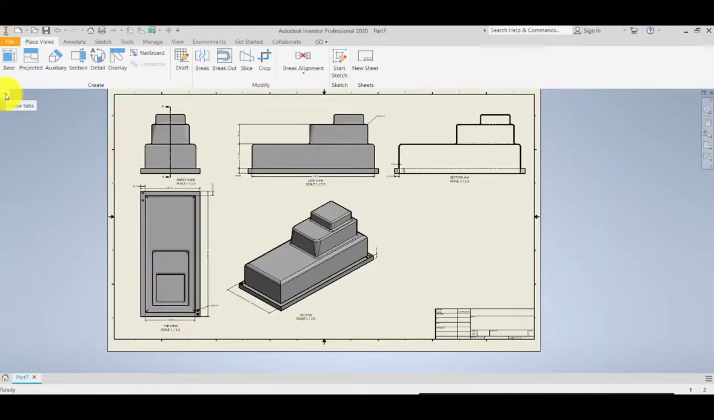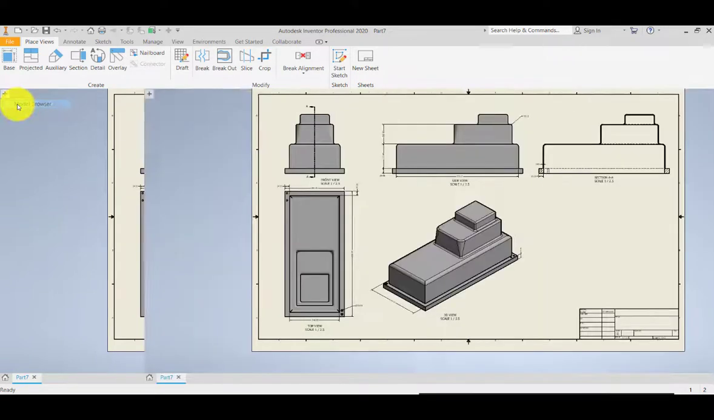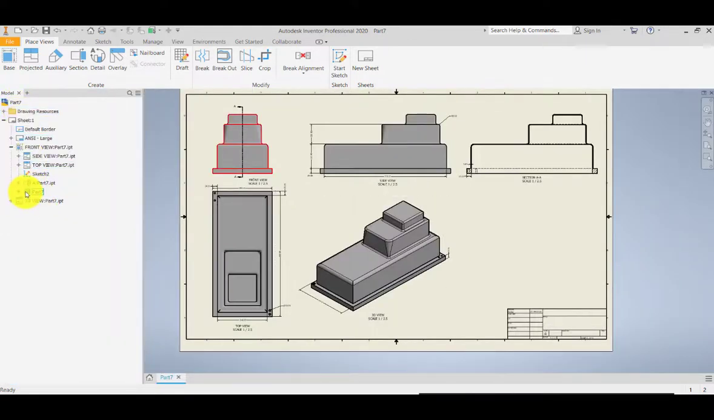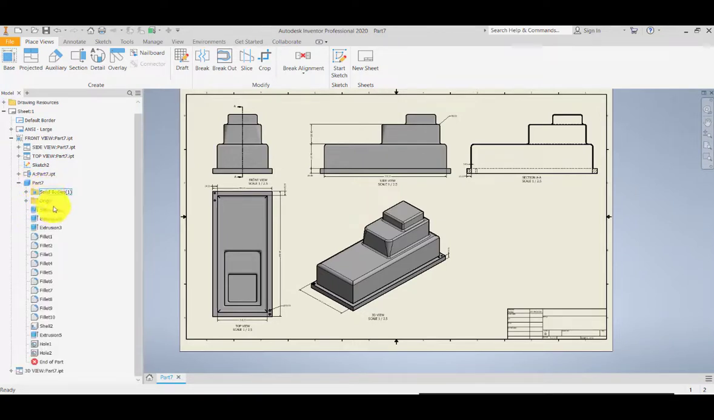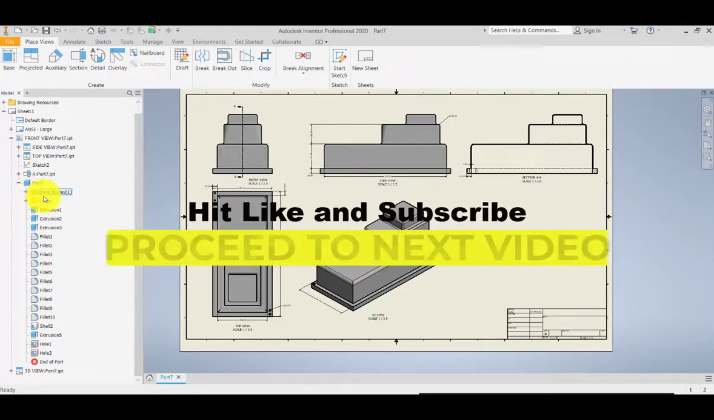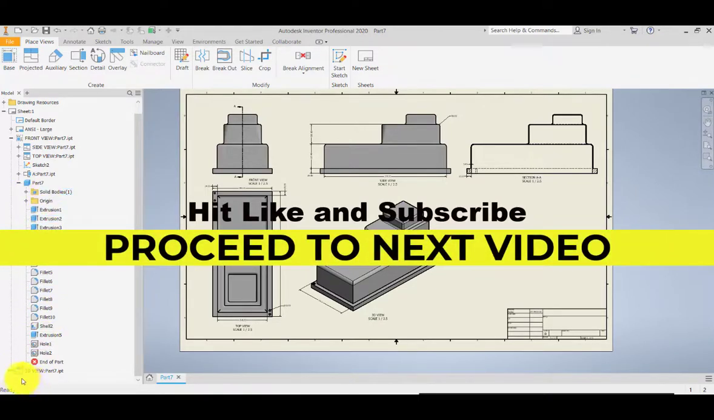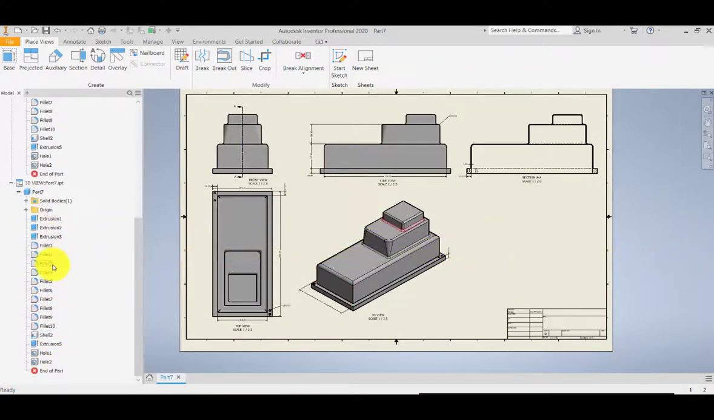So let's try to explore our model browser here. We have your part file here, so we'll notice on my model browser, as I expand this one, all the part features that I have done are also shown here in my model browser. Then you can also expand this one to see the part views, so what are the